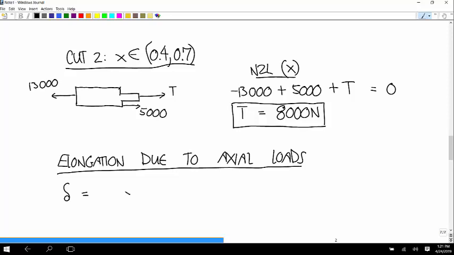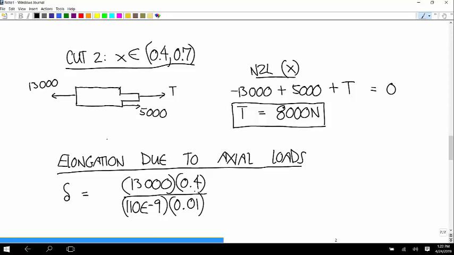So that's going to be positive 13,000 times the length of that first piece, 0.4, divided by the Young's modulus, 110 times 10 to the minus 9, times the cross-sectional area, 0.01, plus the elongation of the second part. And the second part is positive 8,000 times the length of that second part, 0.3